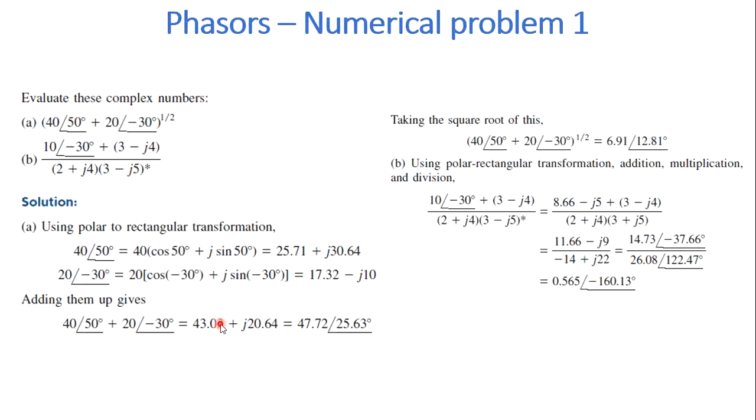Now for rectangular to polar conversion, rectangular is the x plus jy form, and I have to convert it into the r angle theta form. This is x and this is y, and we have formulas for r and theta. So r is given as the root of x square plus y square, which gives you the value of r, and theta is equal to tan inverse of y by x. From that we can convert a rectangular number into polar form.